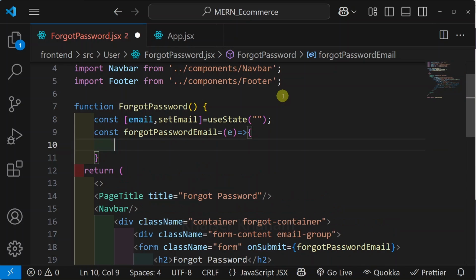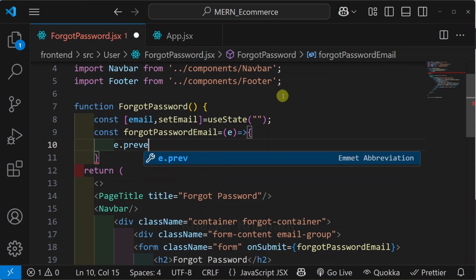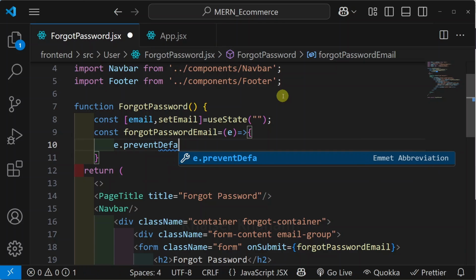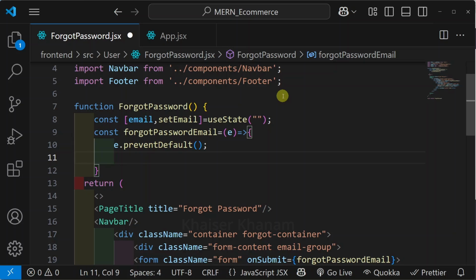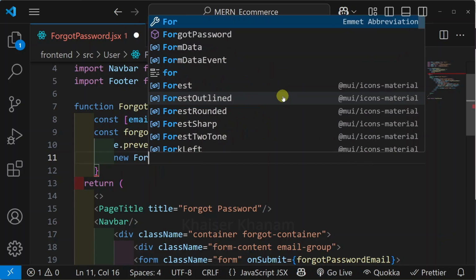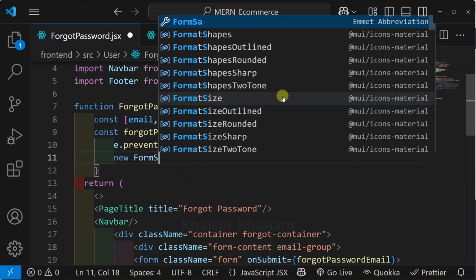Event object. And first thing, what we have to do? We have to prevent default submission of form. So here we will write e.prevent default. Then next, what we will be doing? We will be creating new instance of form. So here I will write